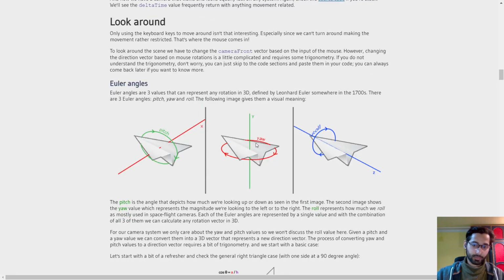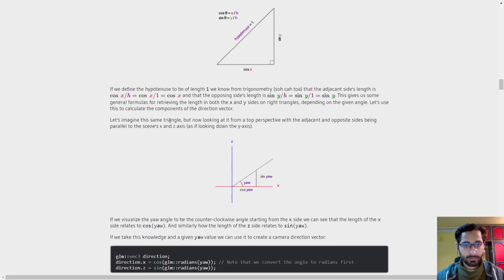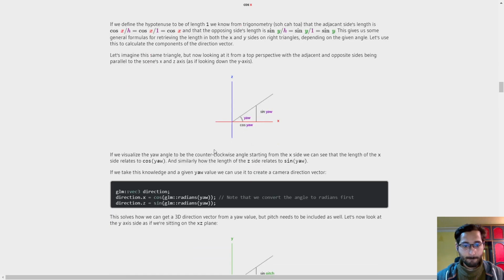We're looking top down, and here it is showing cos of x, the bottom side. So if we visualize the yaw angle to be counterclockwise, going in this direction,